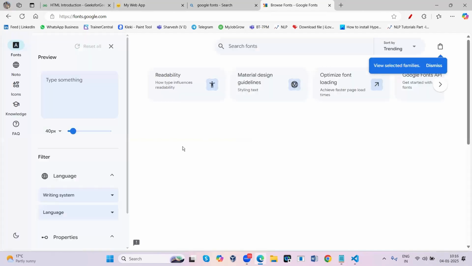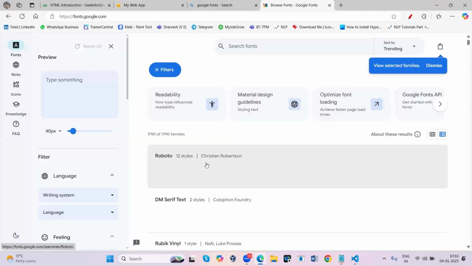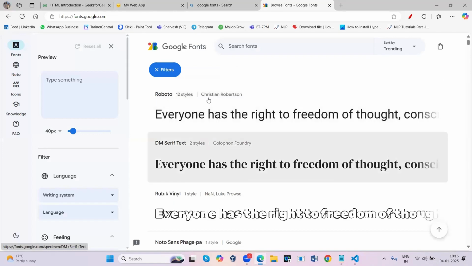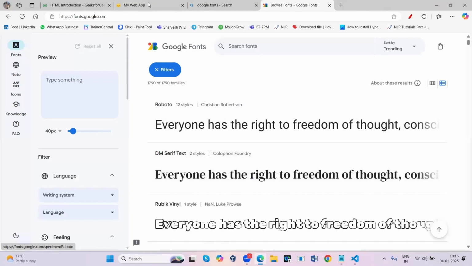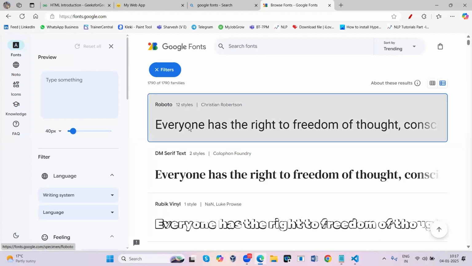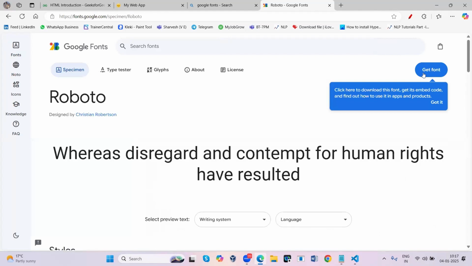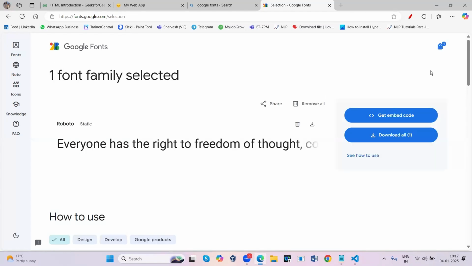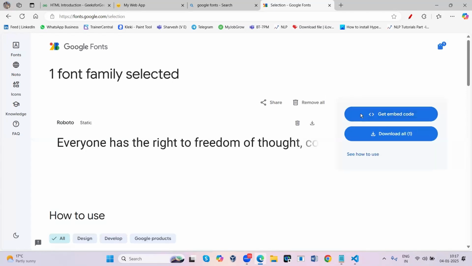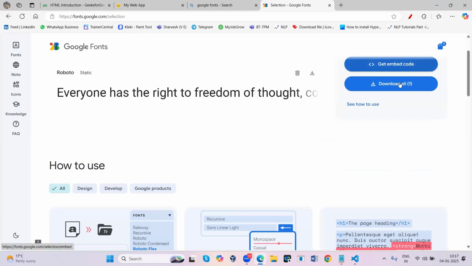There are different types of font styles. The ones we popularly use here are Poppins, or you can use Roboto, something like that. Just look over it. I'm going to make use of Roboto. Just click this, and once you click, it is going to open that specific page. Here you click Get Font, and you have to use Get Embedded Code. You can download and keep it in your system, but we will not use the same thing every time.